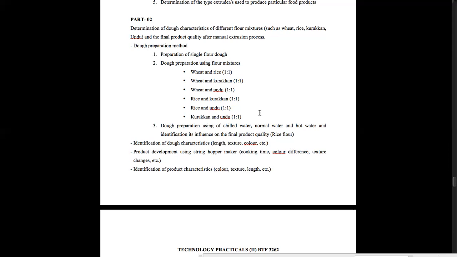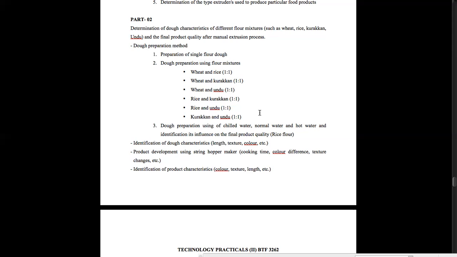First, you are going to prepare the single flour dough, then flour mixtures, right? Initially, you should be able to prepare the single flour dough and determine its characteristics and texture, all these things. Then we are going to mix these raw materials together in a 1-to-1 ratio and check whether there is any difference or not. And the third step, then